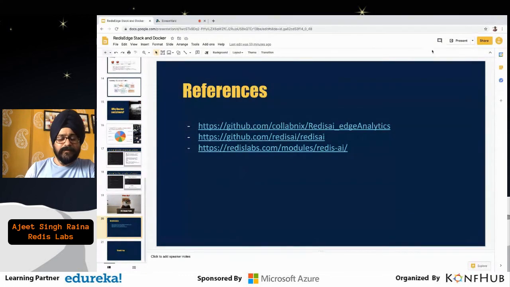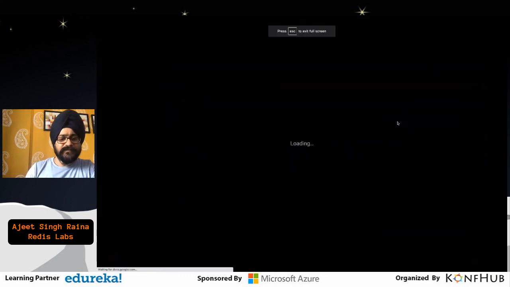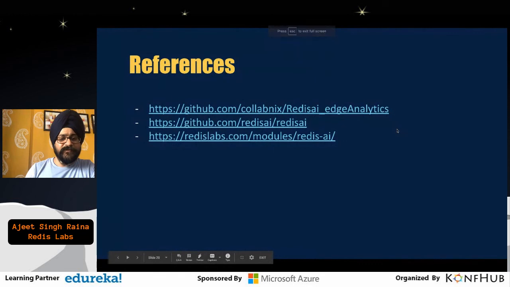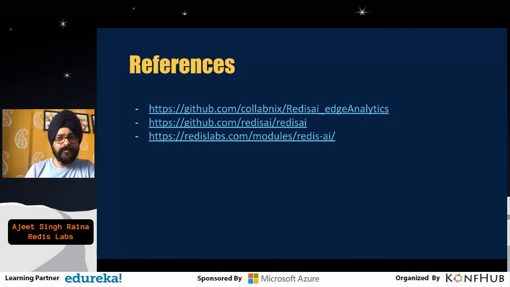There are a few links which you can visit if you are interested in Redis AI and in contributing to this project, especially about the modules. You can find them under redislabs.com/modules. And these are open source software. So you can contribute if you are a DevOps or MLOps engineer. So I think I am done.